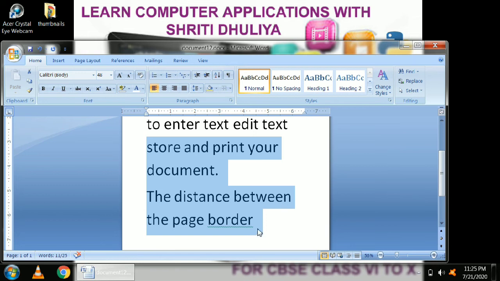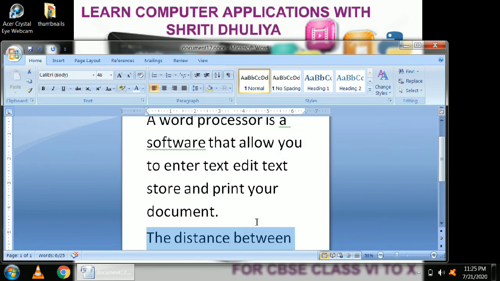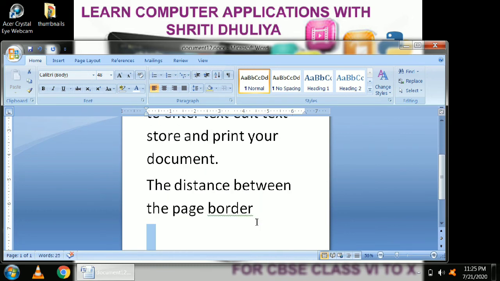Another way is press the shift key and press the arrow key. Press and hold the shift key and press the arrow key to select the text. This is how you can select your text in Microsoft Word.